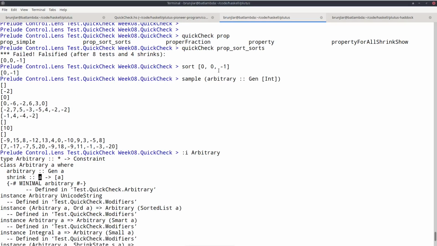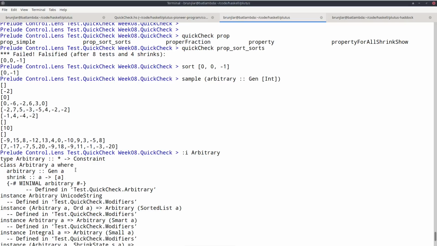And now if we look at the result of the sample function, that just in I/O provides some of the random int lists that QuickCheck would use. And there we see something interesting, that the further we go down in the list, the more complicated the list becomes. So the first random one is just the empty list, and then we get 2 with just one element with quite small numbers, -2 and 0. And then we get longer lists, but the elements here are still only one digit, and we get simple ones again, but towards the end we have long lists with quite large numbers.